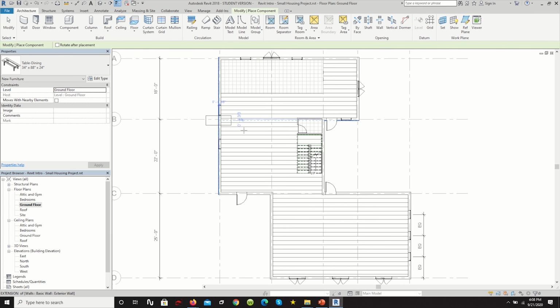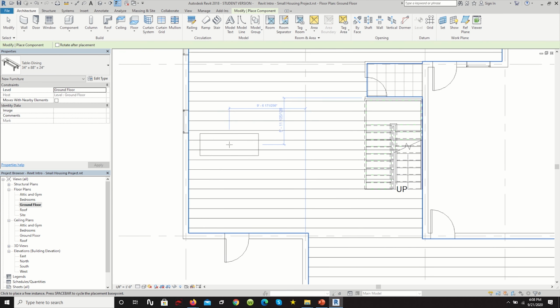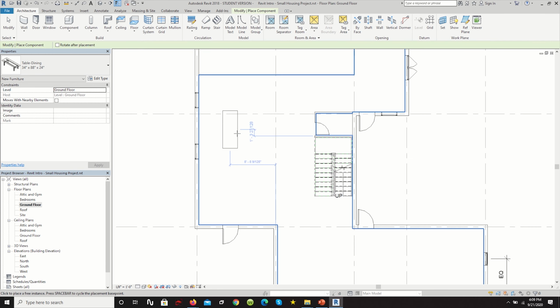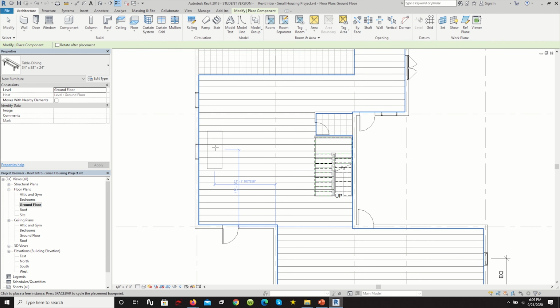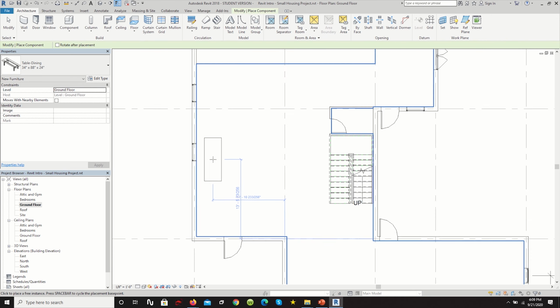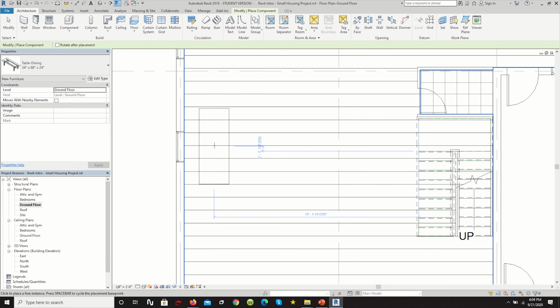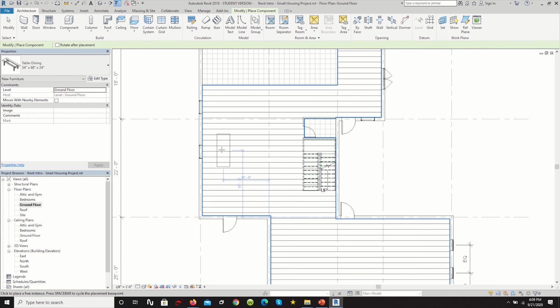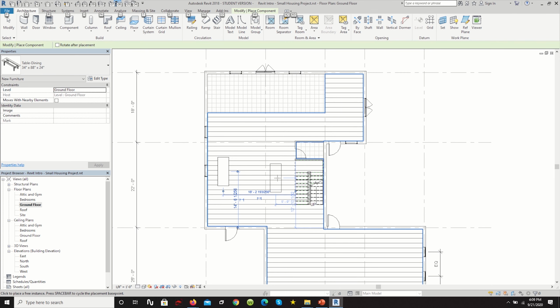So we could click here. Let's take our dining table. We could hit spacebar to rotate it. Our dining table can go somewhere, let's say somewhere here. And likewise, you want to follow a similar procedure for every object that you import. So what you want to do to furnish your floor plans,